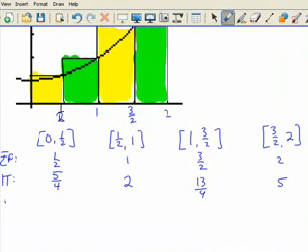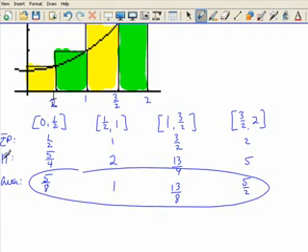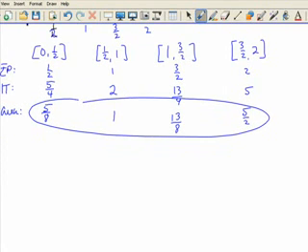And then finally, area. Multiply each of those heights by a width. Each interval is 1/2 of a unit long. So your area is 5/8, 1, 13/8, 5/2. So if we add those 4 numbers, the total area